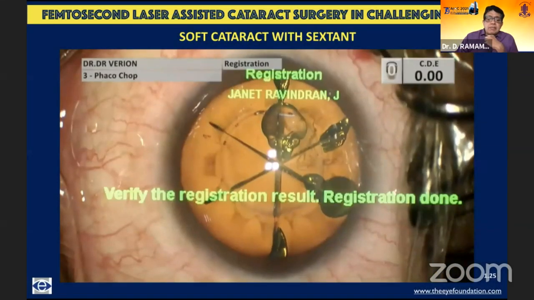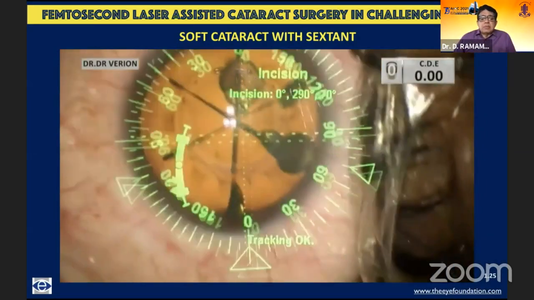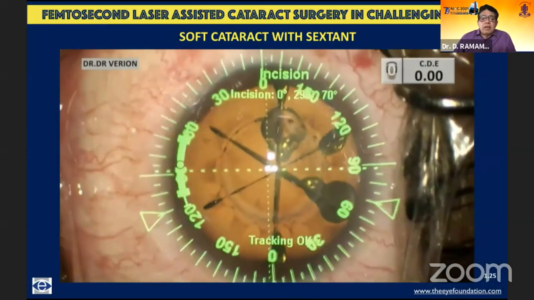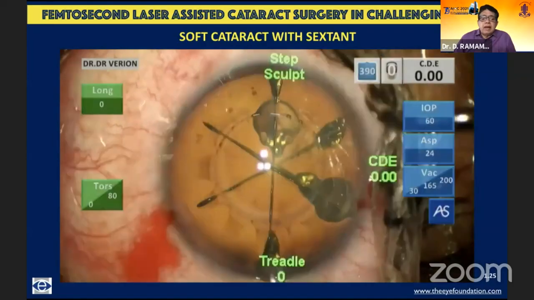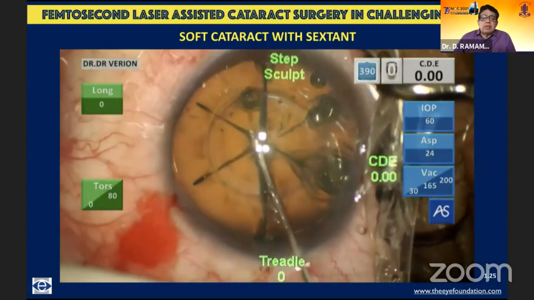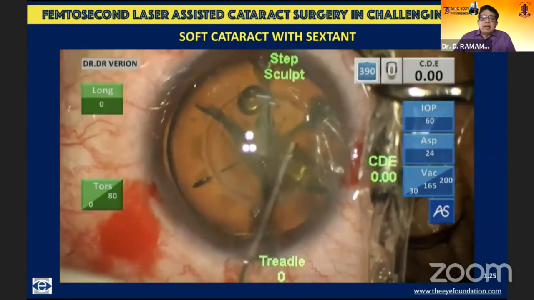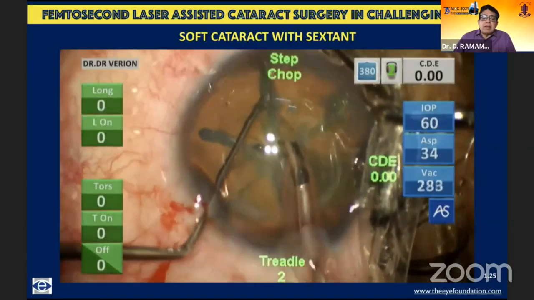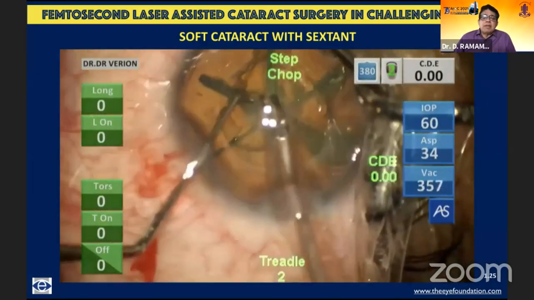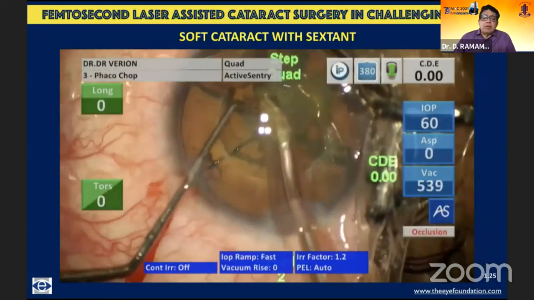I have started doing soft cataracts in a different way, in the sense that I create a sextant, and subsequently I do not hydrodissect in the conventional manner, but after removing the capsule in a down-up technique, I go ahead and hydrodissect right through the central groove and then go on to the sides also. You could see the fluid wave passing through. And with the femto grooves that have already been created, with the hydrodelineation happening like this, what we did find during surgery is all these segments have been completely cut into specific pizza pies. And all I did was to remove some cortex and epinucleus that was there.